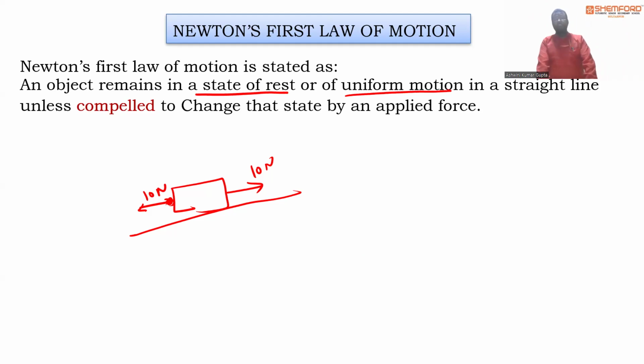ठीक है, फिर से समझ लीजिए फर्स्ट लॉ ऑफ मोशन को। Concrete, the moral of the story is that the object remains in its state until or unless an external force has been applied. जब तक कि किसी बॉडी पर कोई एक्सटर्नल फोर्स अप्लाई नहीं होगा, बॉडी अपनी स्टेट को चेंज नहीं करेगी। दिस इज द बेसिक लॉ ऑफ न्यूटन्स फर्स्ट लॉ, दैट इज ऑल्सो कॉल्ड एज लॉ ऑफ इनर्शिया। क्यों? क्योंकि आपने पढ़ा इनर्शिया के बारे में कि इनर्शिया इज अ प्रॉपर्टी ड्यू टू विच द ऑब्जेक्ट रिमेन इन इट्स स्टेट।